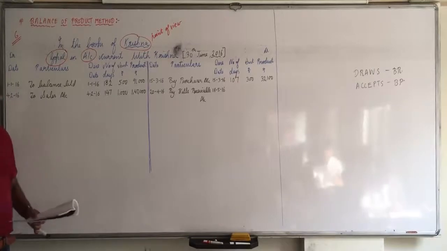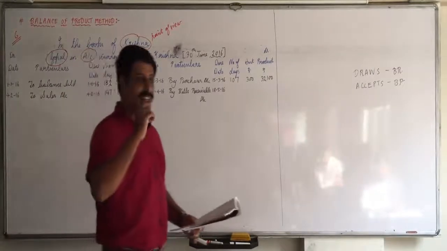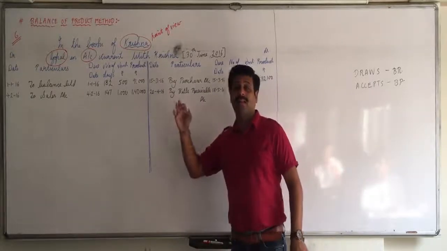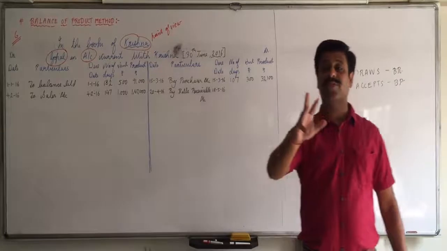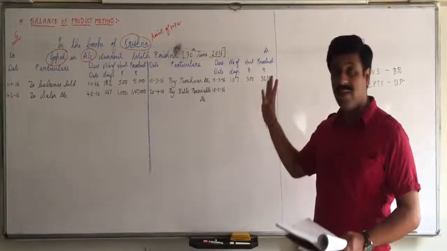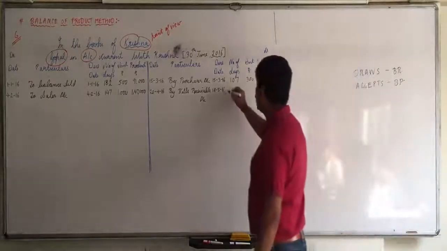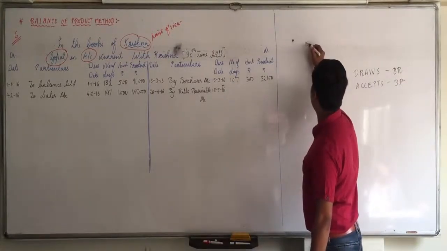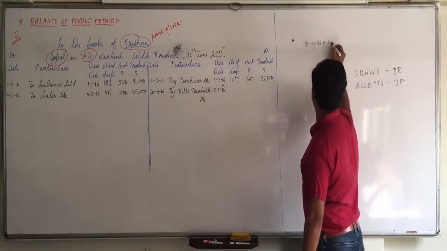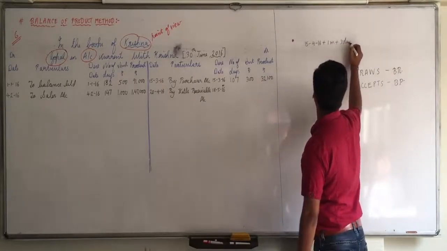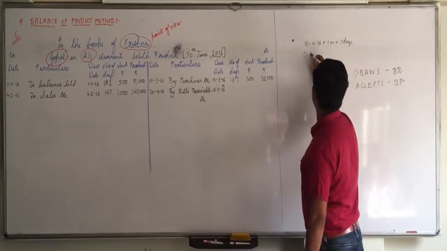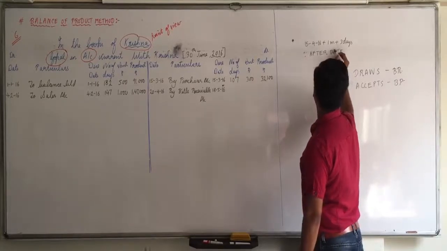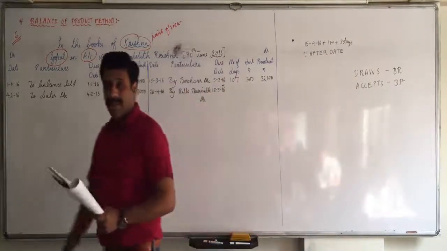Why not 23rd May? Did you understand it? If it is after sight, then you would have done 20th April plus 1 month plus 3 days. After date, so we have done with date of drawings. Okay? Note this somewhere, otherwise you get confused. Why we have taken so? 15th April plus 1 month plus 3 days. Since the bill is after date, any confusions?